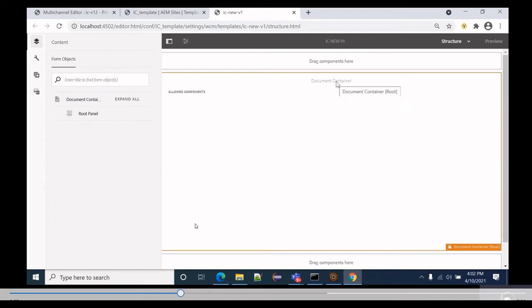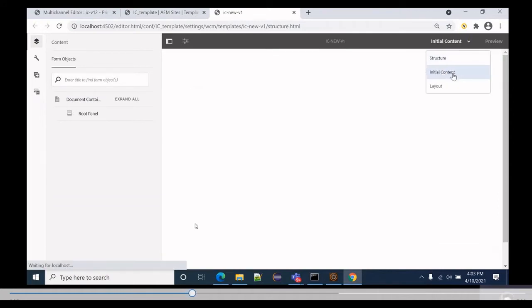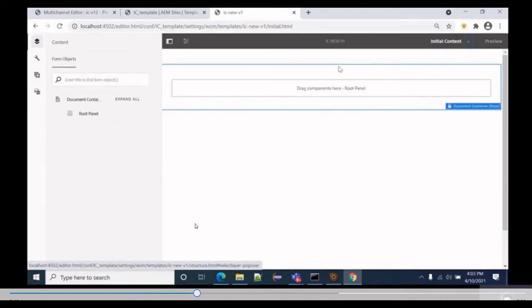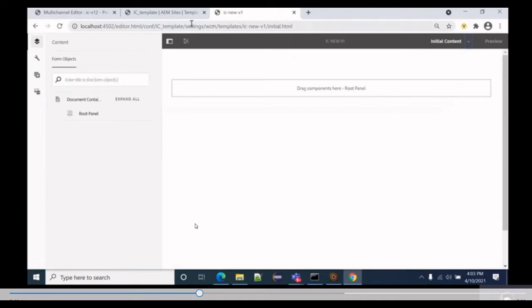Okay, so basically what we have done, we have just created a new template. We can also define a new structure for it, sorry, the initial content. If you want to put initial content, or if you just don't want to put, that is also fine. Now let's create a layout fragment also.